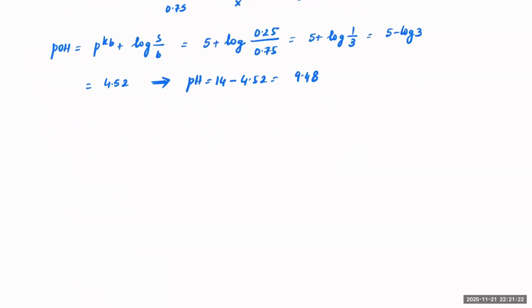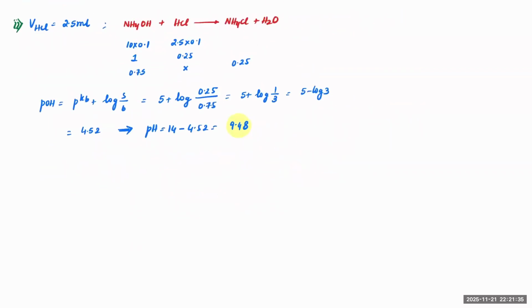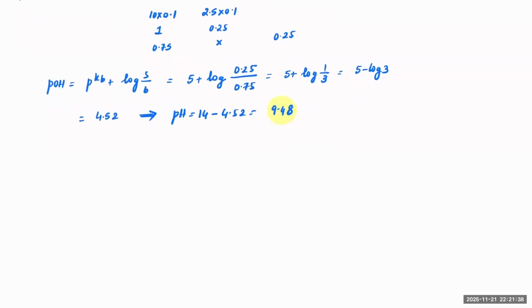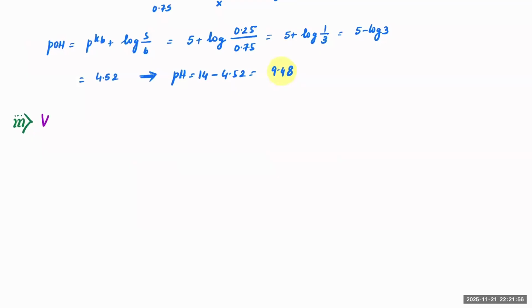Okay. Check. This is the pH value. So now we are slowly decreasing the pH as the titration is happening further. Furthermore, as the titration proceeds. Now notice the third case. Now let's see what is the third case. If the volume of HCl you're adding is, let's say, 5 ml,